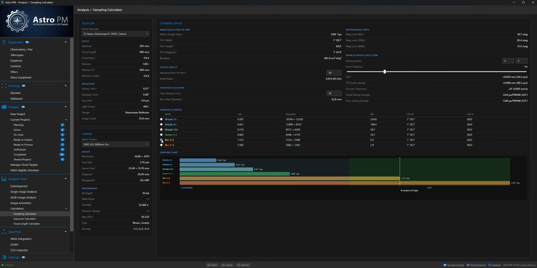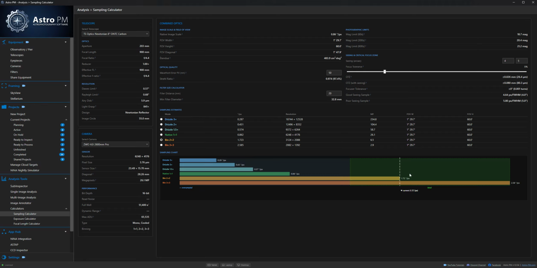and I'm going to be oversampled if I leave it at native 1:1. So if I click on 2:2 binning, you can see I'm now up in that ideal zone because it's based on my seeing. I don't have good seeing in this situation. I might as well go ahead and bin 2:2. I'm still ideal. I still get good round stars, and I also benefit by getting 4 times the signal on